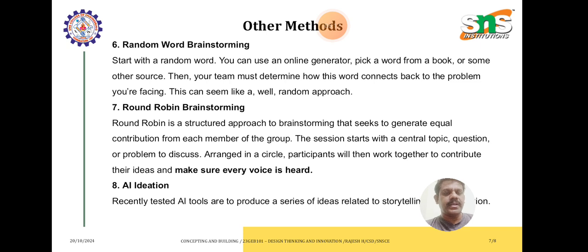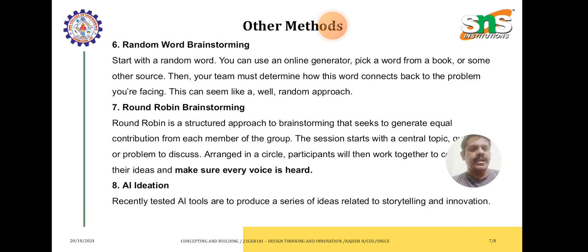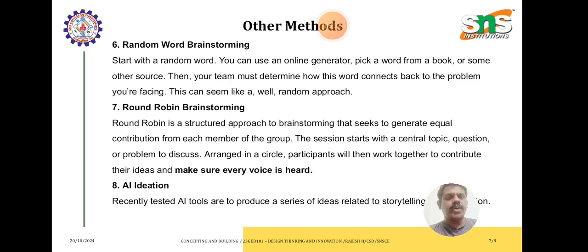It's a kind of circle discussion where every participant has an opportunity to discuss the point and has their own voice. And in AI ideation, generative AI tools have recently been incorporated in the form of a storytelling approach to contribute to